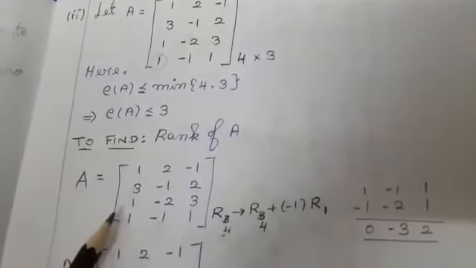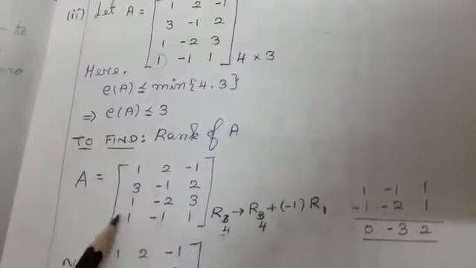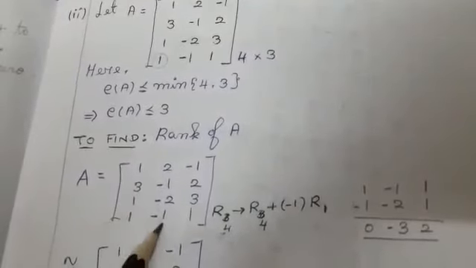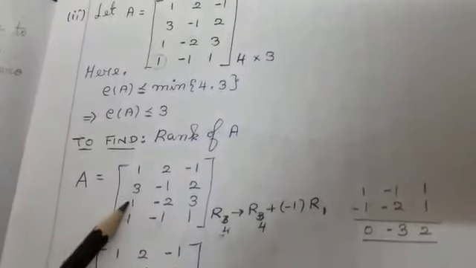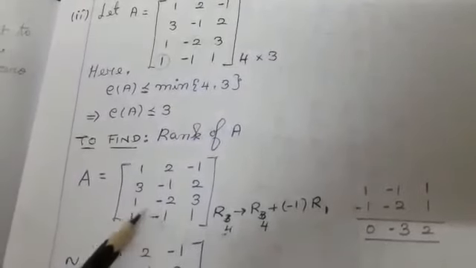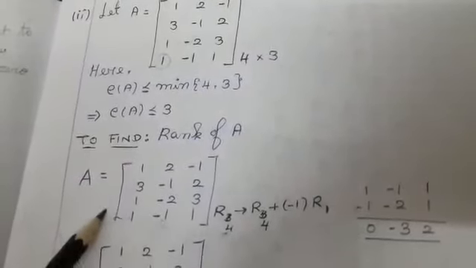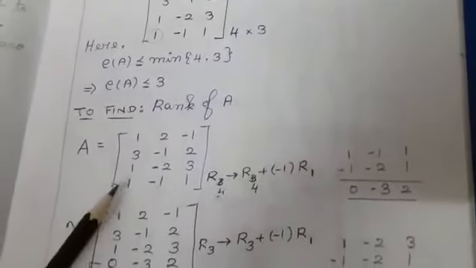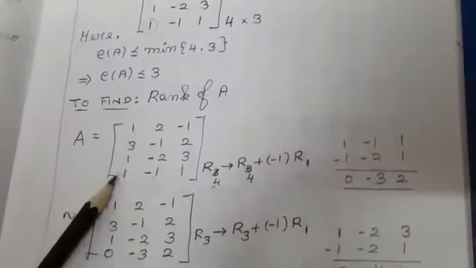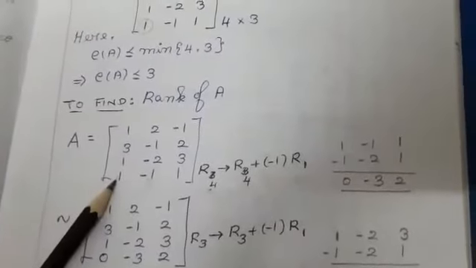Same way, take the question. What is a triangular format? I should make it as 0, 1, 1, minus 1. But in this problem, 1, 1, 3, minus 1. In these positions, I should make it as 0. Students, the first one, I am going to target on 1. I am going to make this 1 as 0.